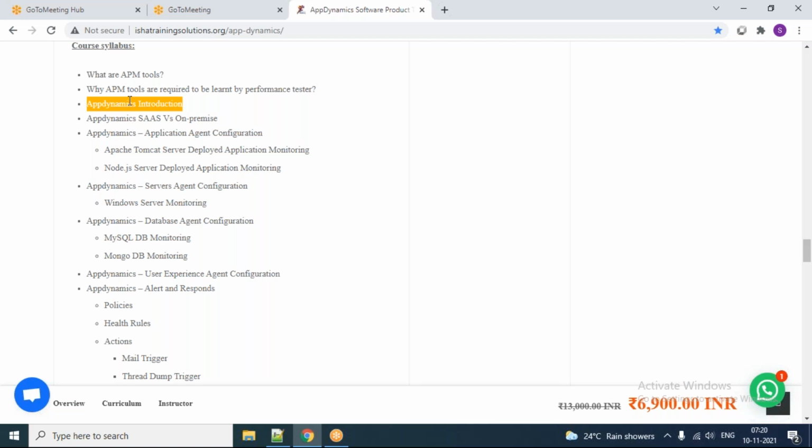Similarly in MongoDB, how you configure your DB agent, and when you do certain activity, how the data is captured in AppDynamics and how further investigation can be done. We are going to see the database agent as well.